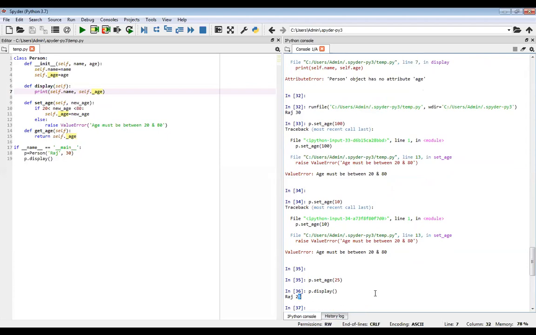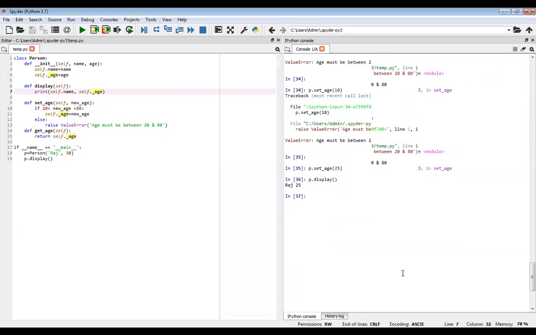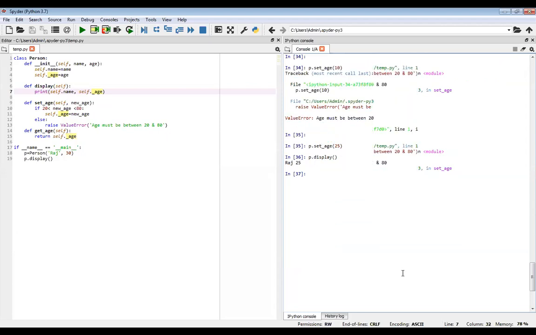Right. But suppose I want to add one to the age. What I have to write is p dot set age, and then p dot get age plus 1, like this.